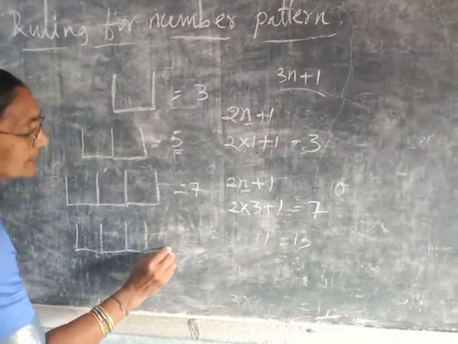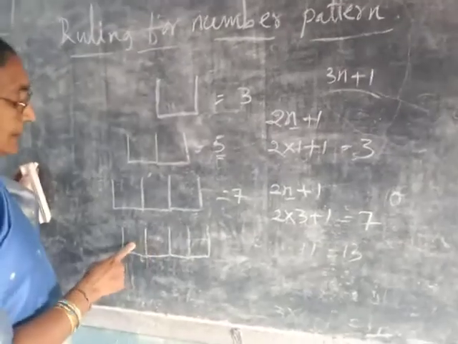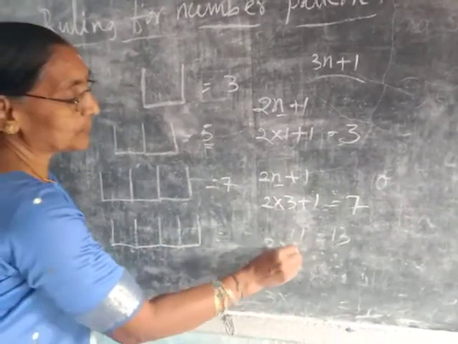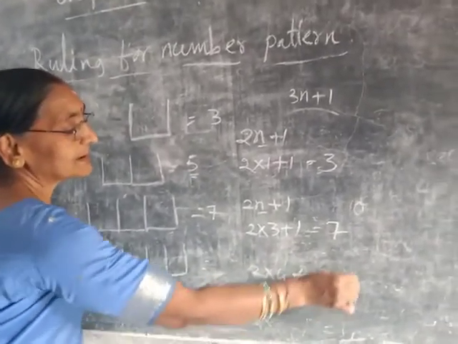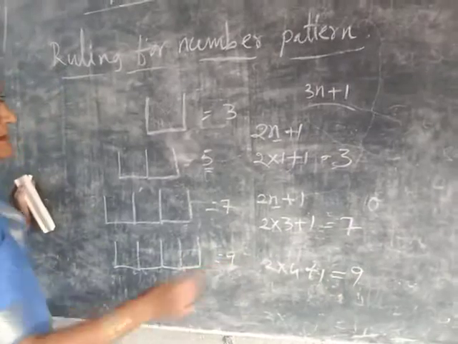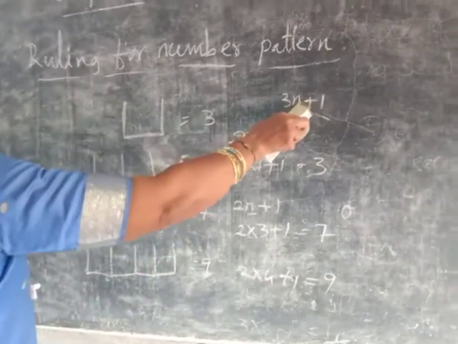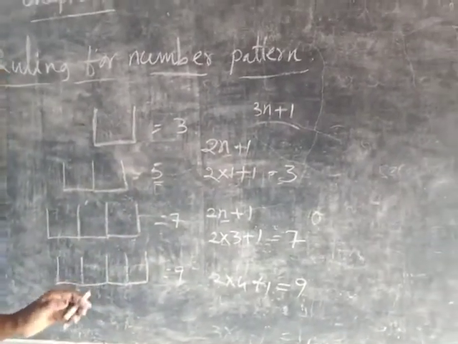Repeatedly, 4. This type of figure you have to draw here. Right. Then how many will come? That is 2 into 4 plus 1. 2 4s are 8, plus 1, 9. So it is 9. Like that way, however many you need, that much you have to write in the place of n. n means number of figures. Do you understand why this way?